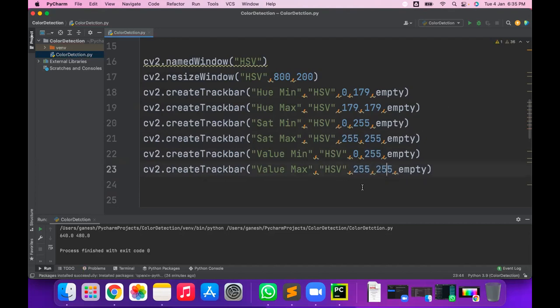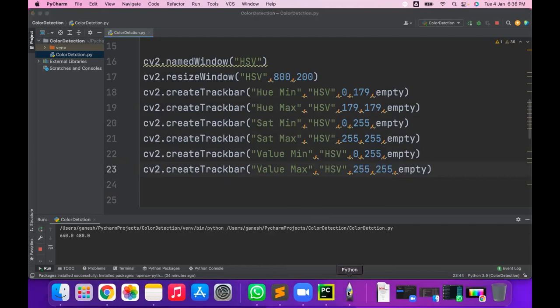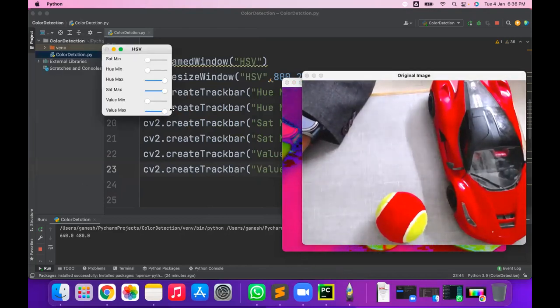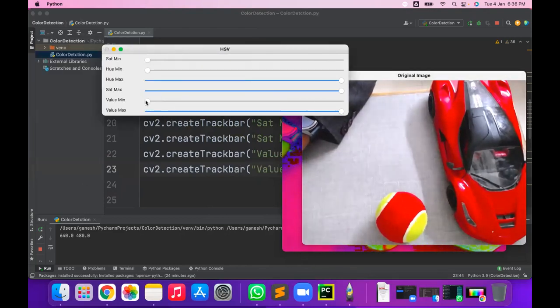Do this and let's run it, and see whether we are getting those six track bars or not. Yes, I'm getting the six track bars. You see here I can vary these values. For umax and sat max, the starting value is the maximum, that's why I'm giving the max value here. The min value by default is 0 and the maximum is 255. So umax is 179 and sat max is 255. Students, are you getting this?